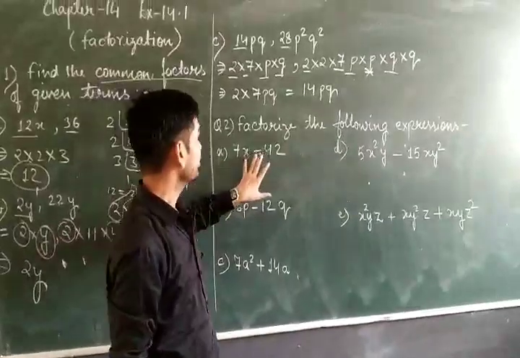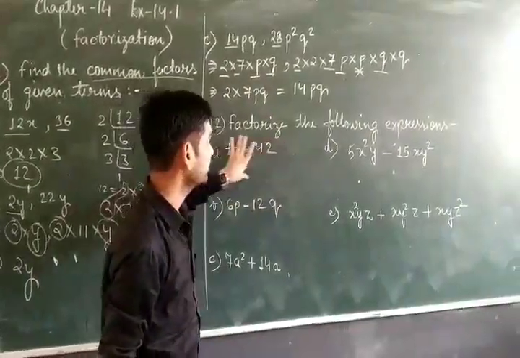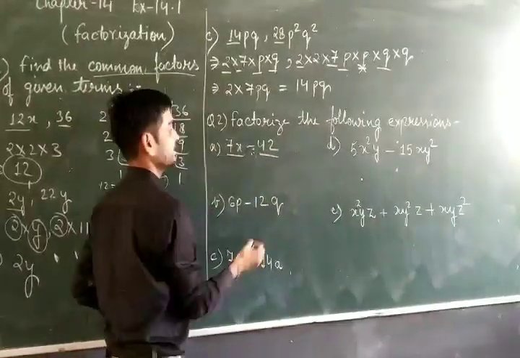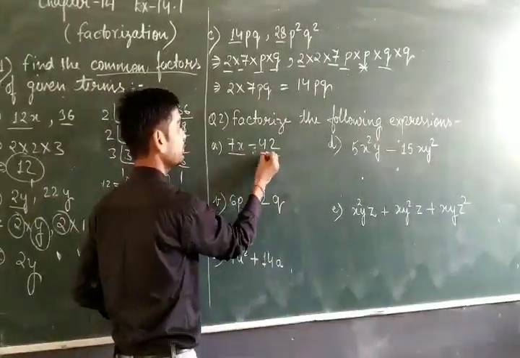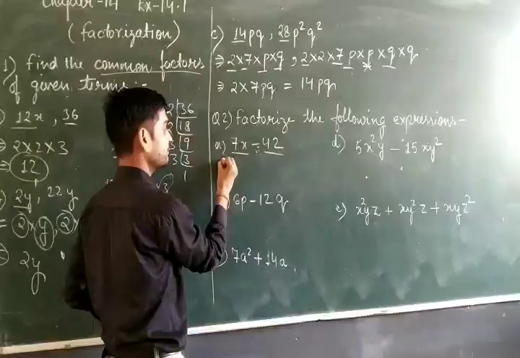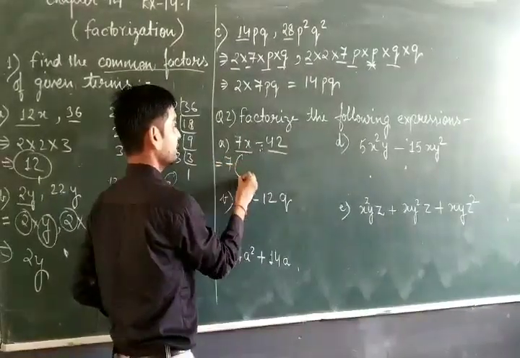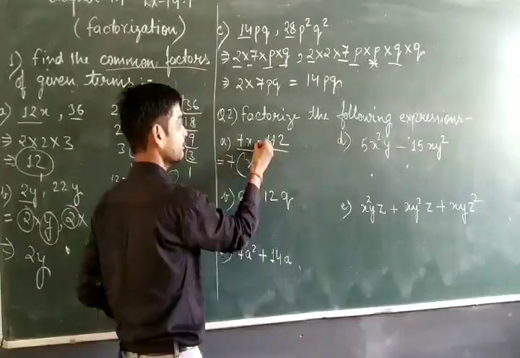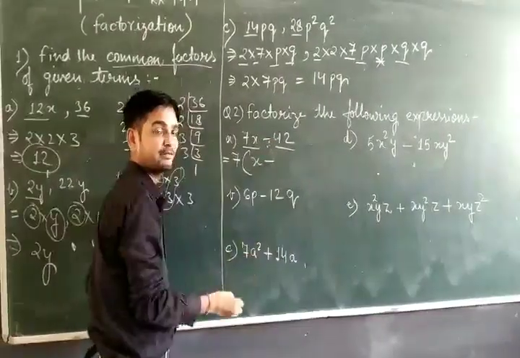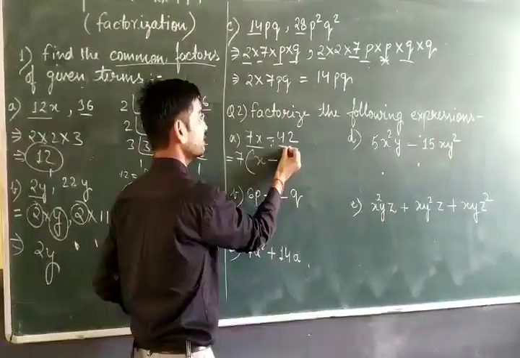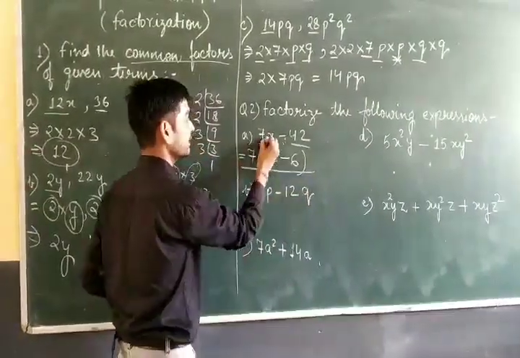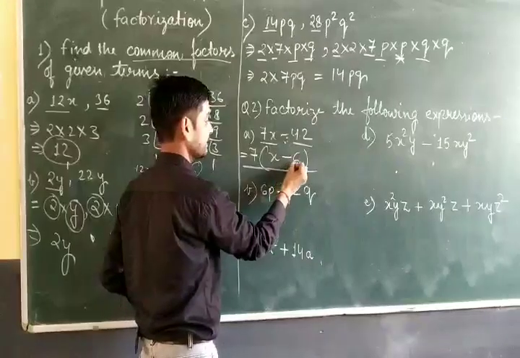Let's see the question number 2. In this question, you have to factorize this value. Students, you can see here 7x is here and 42 is here. You can see 42 will come in the 7th table. That means 7 will be the common. Now take 7 1s are 7. That means x will be remaining. Minus sign is here, so pick the minus value. And 7 6s are 42. Then close the bracket. So the factorization of this value is 7 bracket x minus 6.